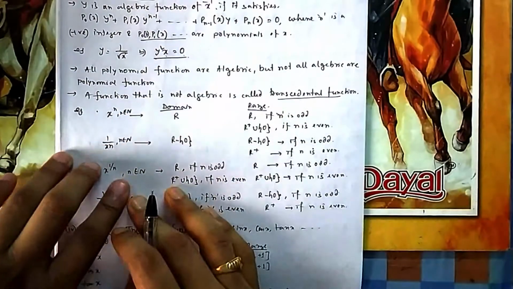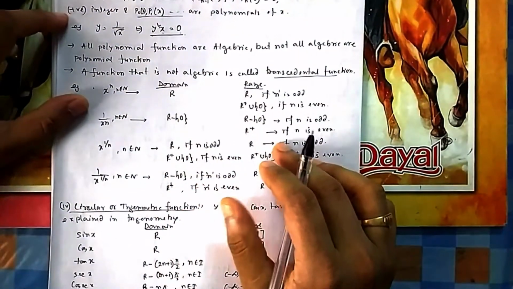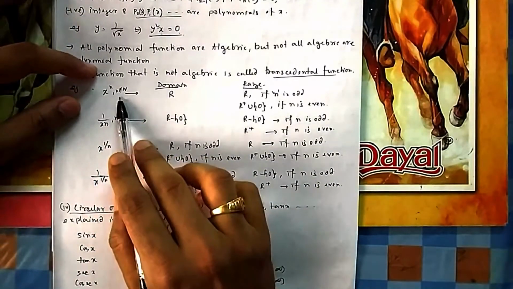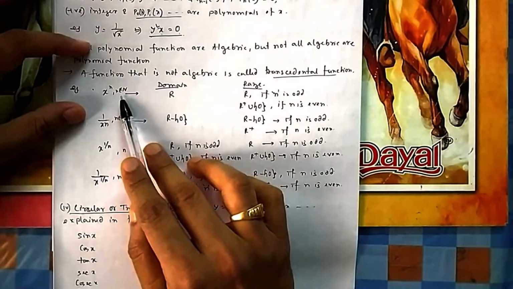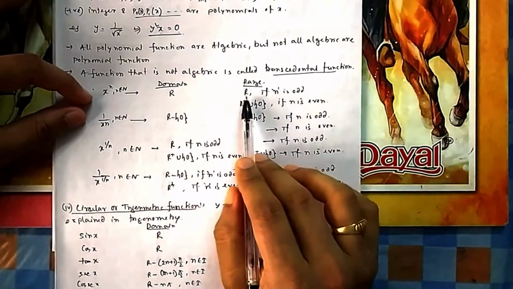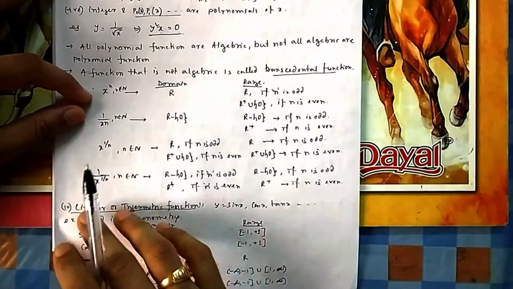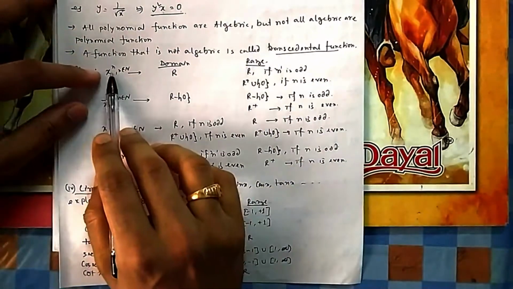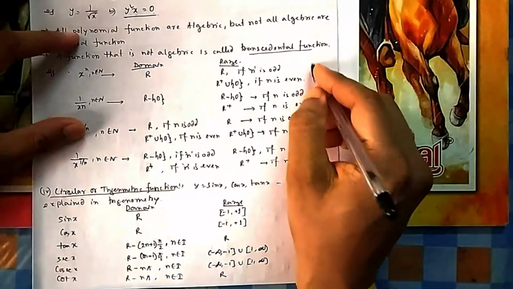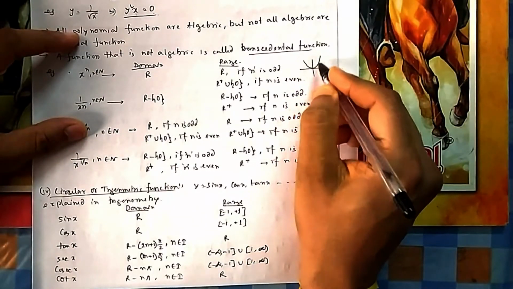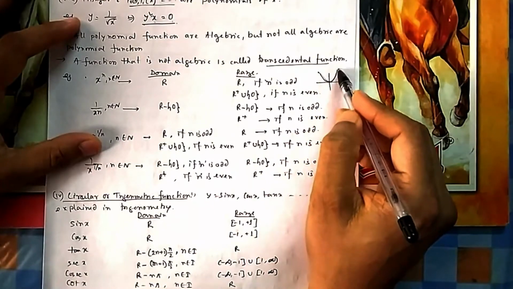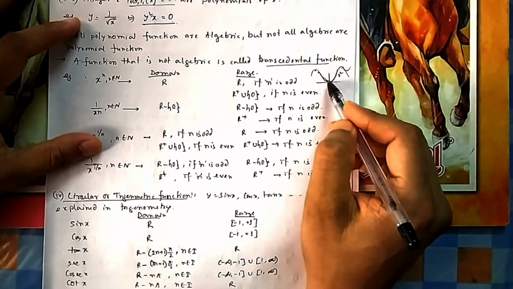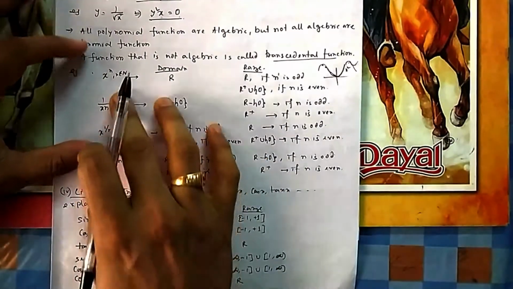Now, for some of the algebraic functions, I am defining the domains and ranges so that it becomes easy. No need to remember, just the concept is required. Suppose it is x to the power n, where n is any natural number, so it becomes a normal polynomial. Any real number is possible as the domain, and the range is also R if n is odd, as we have seen in polynomials, and R plus union 0 if n is even, because it starts from the origin. If it is even, suppose it is x square, it will start from here. In x to the power 4 also it will take turns, one turn here and one turn here, because it is of x to the power 4.